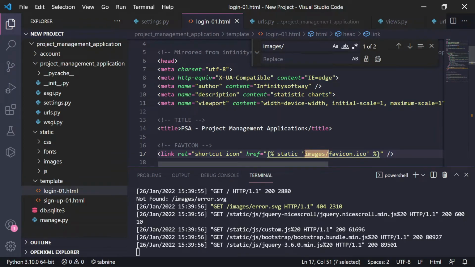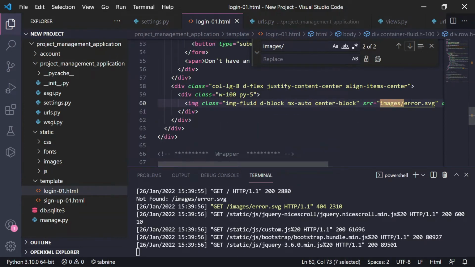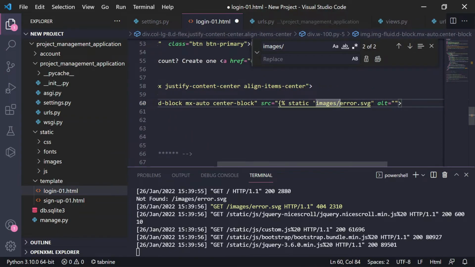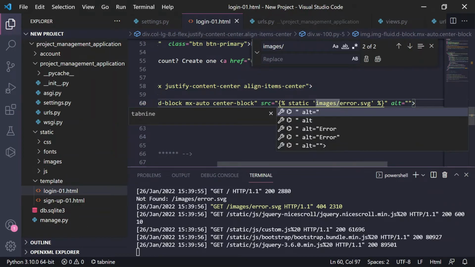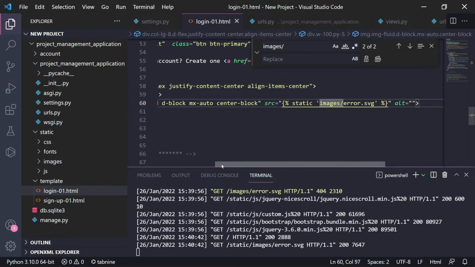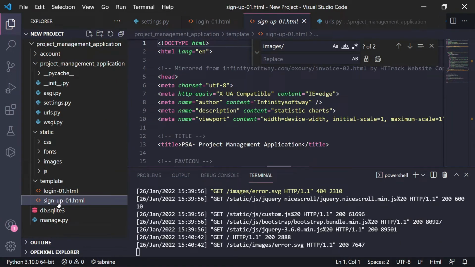I will just copy this, replace it with this, and next I have to close the static tag with the curly braces. If I reload this, you can see here I'm getting the image as well, and my file is loading as clean as possible. Okay, and the next step, similarly, we have to follow the same steps for